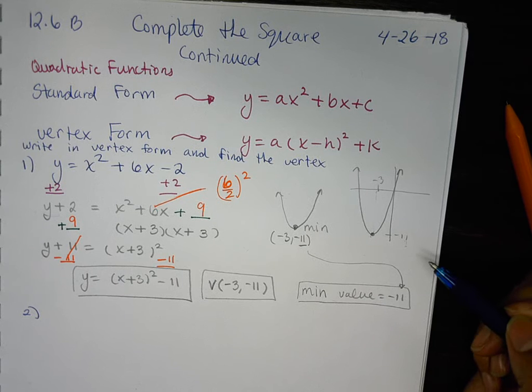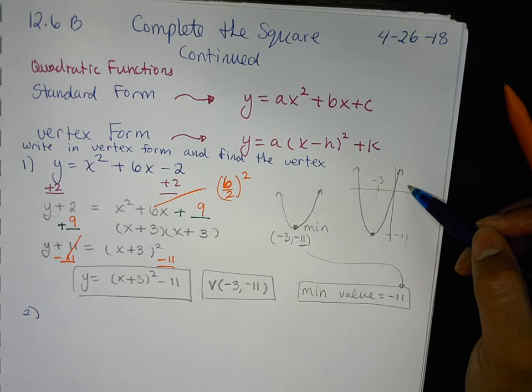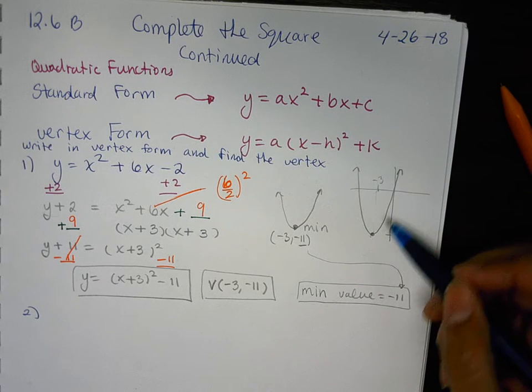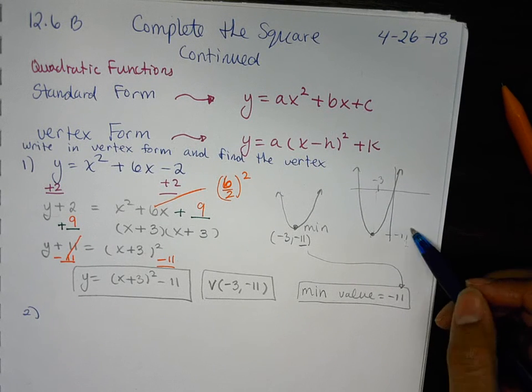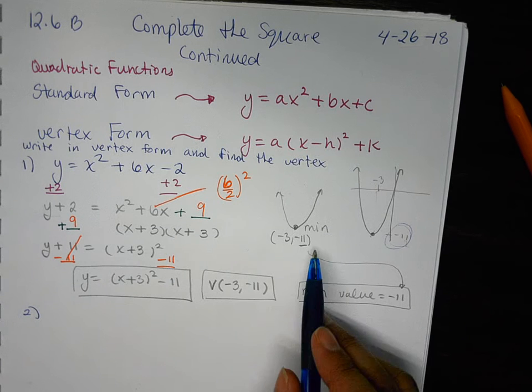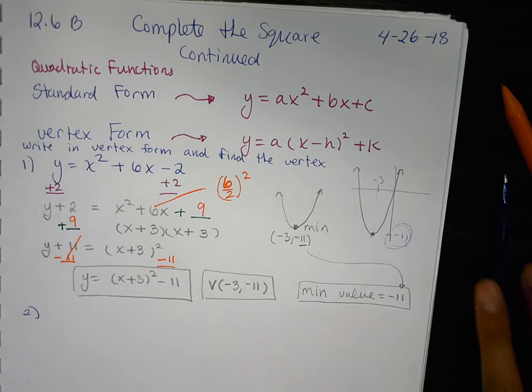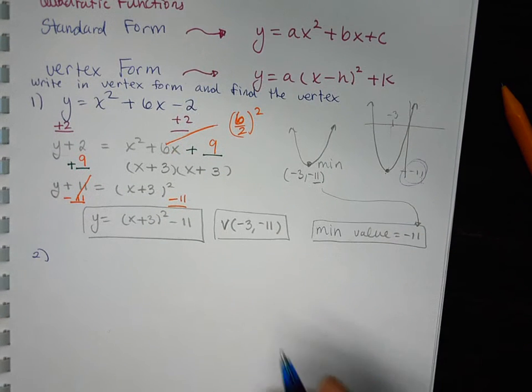For some of you, how many of you do the graphs help? Like you're visual and you like to see that picture. I'm visual, I like to see pictures. So you would just do a rough sketch. Left 3, down 11, up, and you label negative 3, negative 11. You can see that's your minimum value. For those of you that like the shortcuts, what is it? The y value of your vertex, and it always will be. How many of you are the shortcut people that can do without the graphs and just say, I can see it there and I'm good? That's fine as well. All right, number 2,